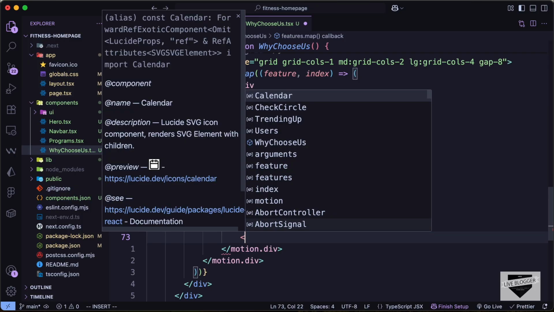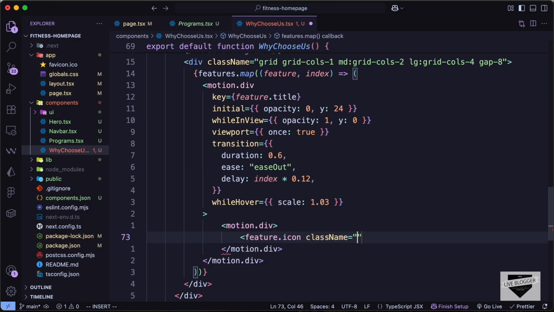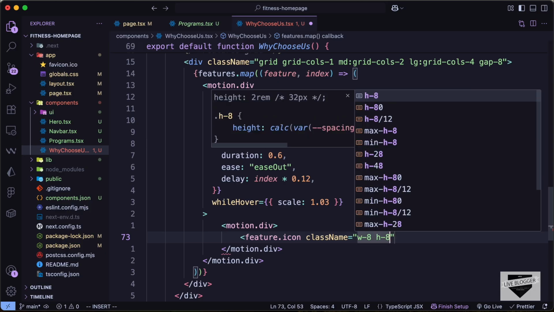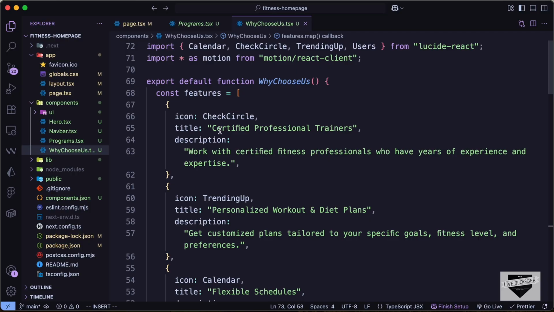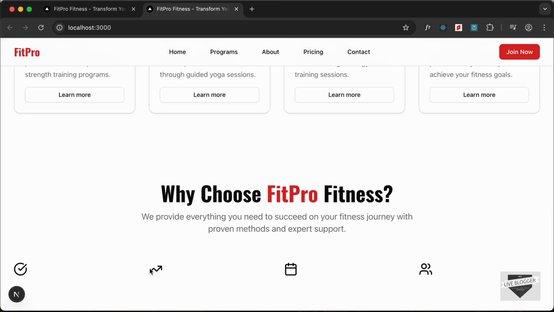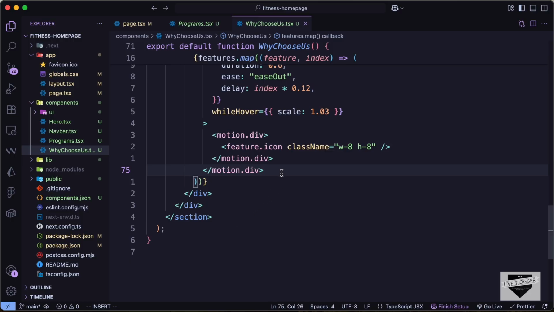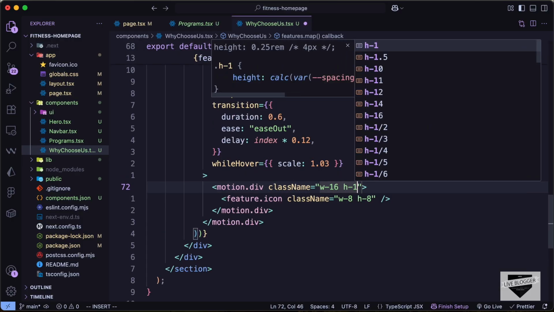And here let's type feature.icon. Let's set the class name to width of 8 and height of 8. So this will display the icon which we specified inside this array. So let's go back, and here we can see all the icons are being displayed. Now let's add some classes to the icons. So here let's type class name, width of 16, height of 16,